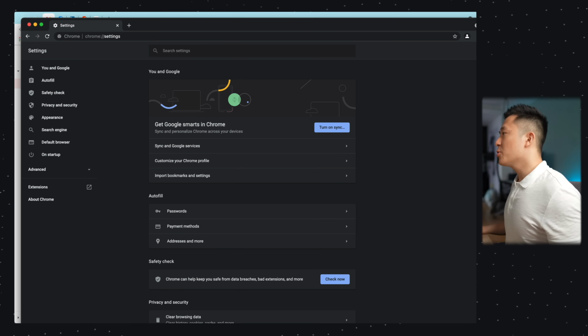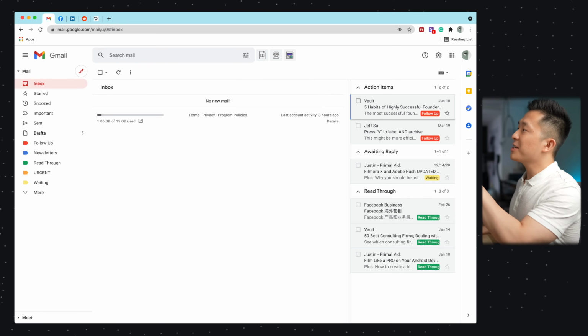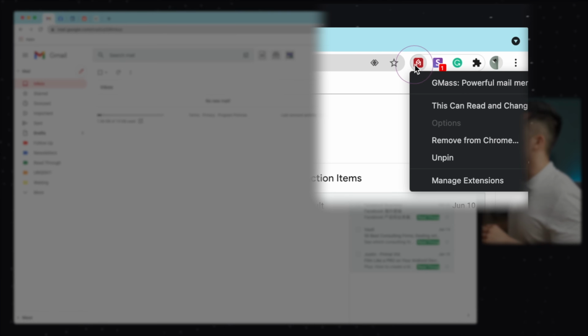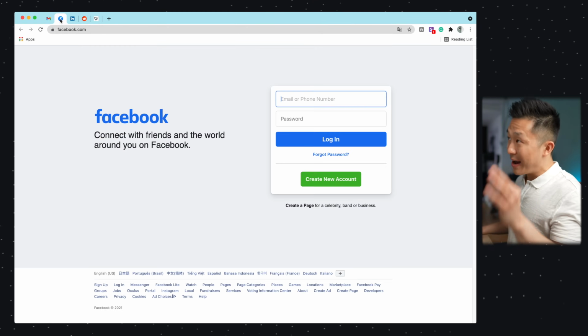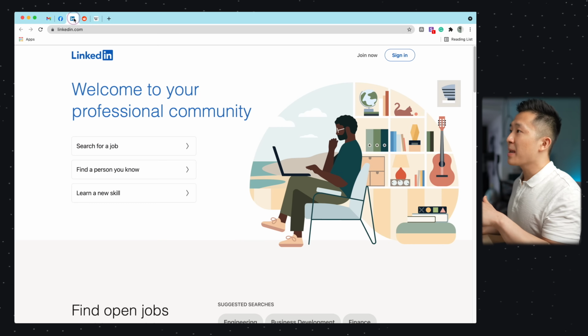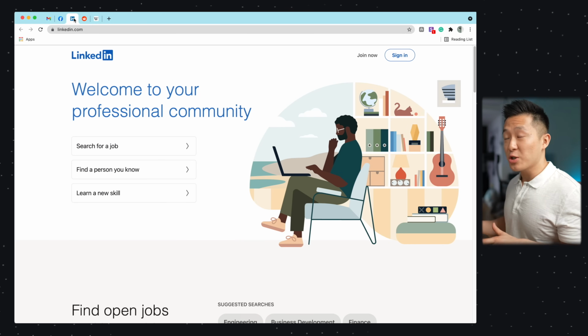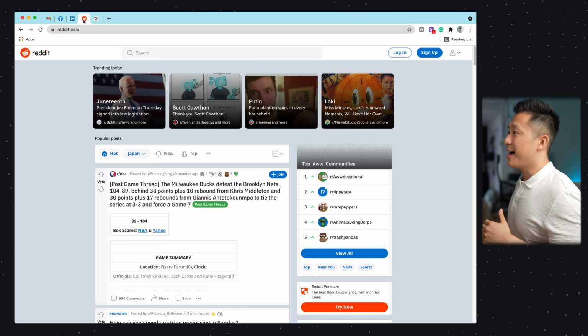This is particularly useful if you use some Chrome extensions specifically for work. For example, a mail merge extension. And since browsing histories and cookies are separated as well, you can actually get rid of distracting content in your work profile by purposefully not signing into your social media accounts and Reddit.